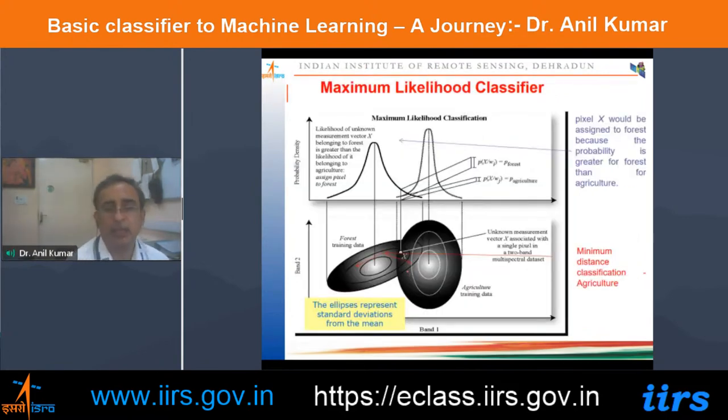So here you can see the maximum likelihood classifier. Here, if we are trying to map a forest pixel, and if the probability is greater for forest than for agriculture, that pixel will be labeled as forest, because the probability of forest is more for a given X. And you can see here the case of minimum distance classification for agriculture